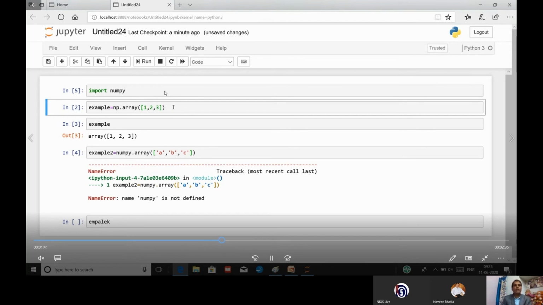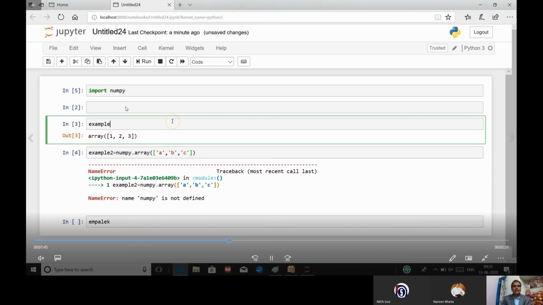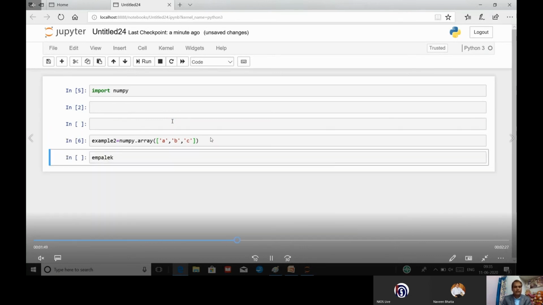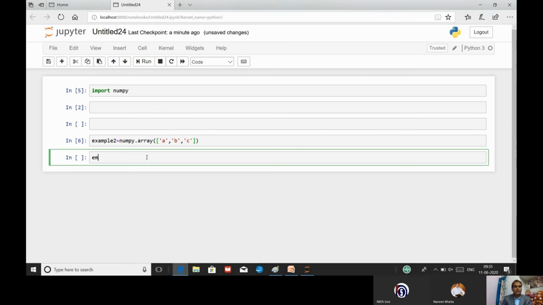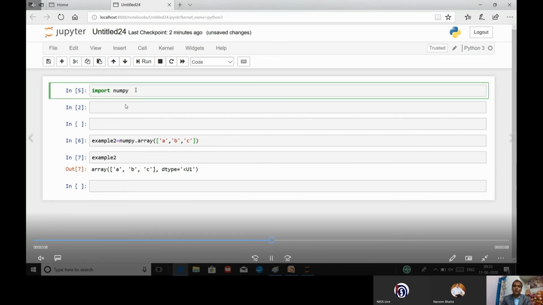Now you can see we will not get any error. Run the command. Now you got it. There is no error. So you can create an array using np.array, or your variable name .array, or you can create it directly with the help of numpy.